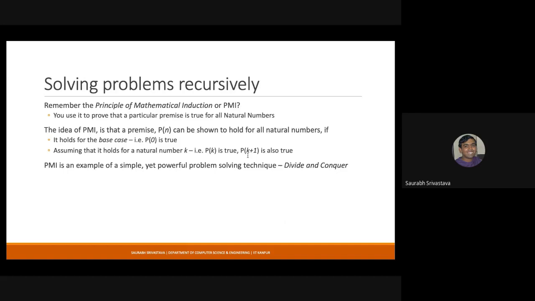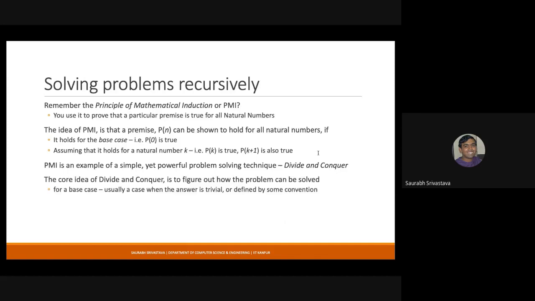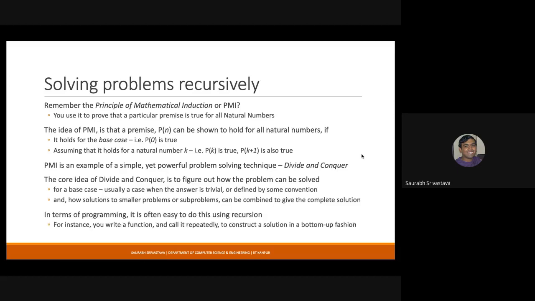The same concept of PMI can be generalized and called divide and conquer. The idea of divide and conquer is to find a particular pattern in which you can break down a larger problem in terms of smaller and simpler problems, and then construct the solution to the larger problem in a bottom up fashion.